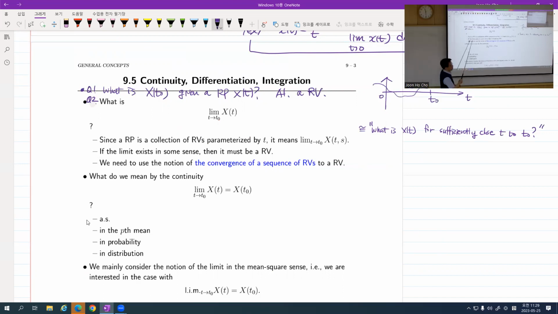The second question is this. What is then the limit of the random process X of t when t tends to infinity? Of course, you can say that it may exist or not, right? Now, what if that limit exists? What is that? And your answer must be a random variable. Why? Because